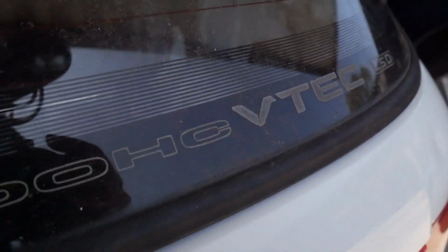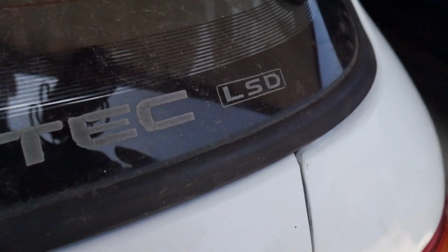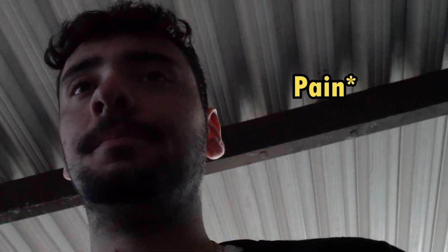Look at that. Now I gotta get a transmission with an LSD in it. But it's alright. It'll be worth it in the long run. What are we gonna do with the old one? Probably just sell it or throw it in the bin. I don't know. But yeah,